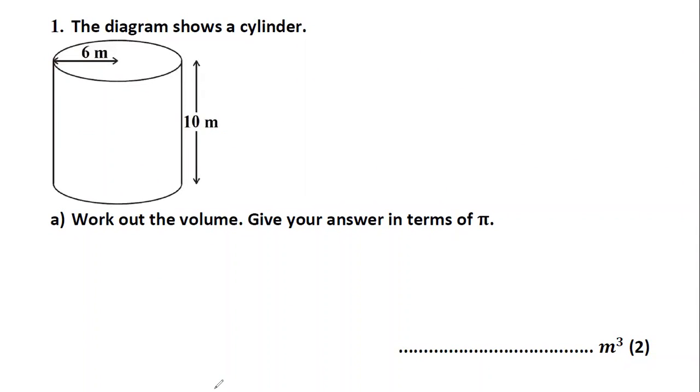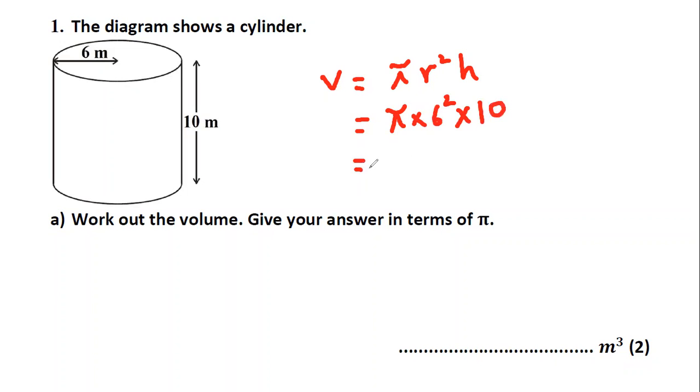Let's start from question number 1. It says the diagram shows a cylinder, work out the volume, give your answer in terms of pi. As we have seen in the intro of the video, the volume of a cylinder can be worked out by the formula pi times r squared times by h. So in this question, I can see that radius is 6, so pi times 6 squared times by 10, that's the height. So as we know that 6 squared is 36 and times by 10, that will give me